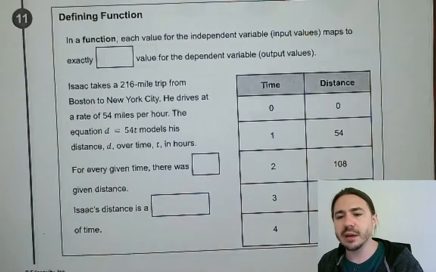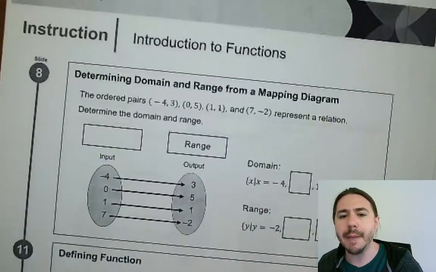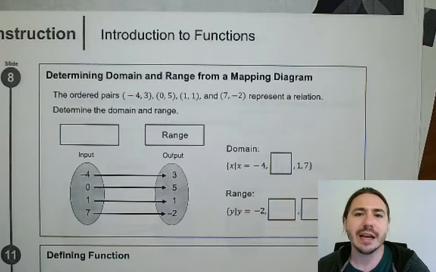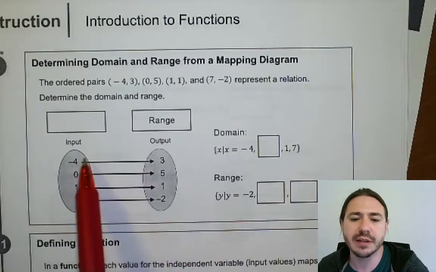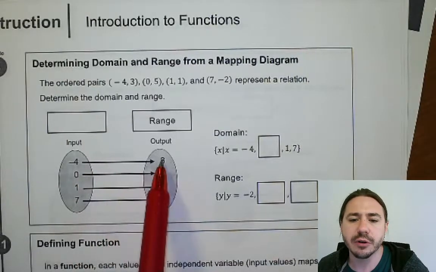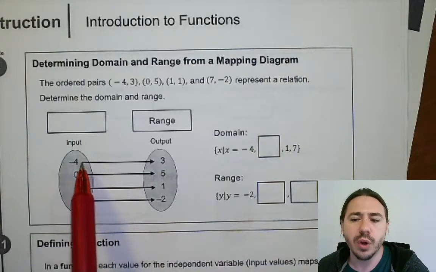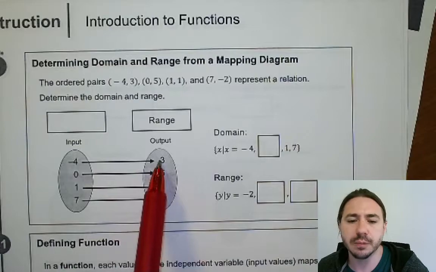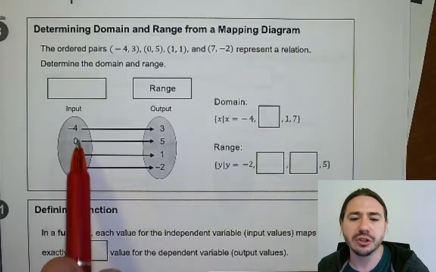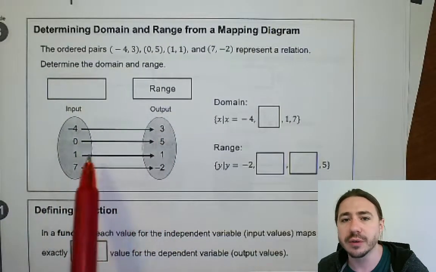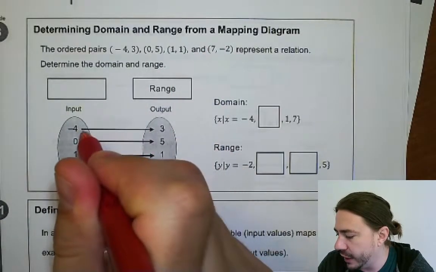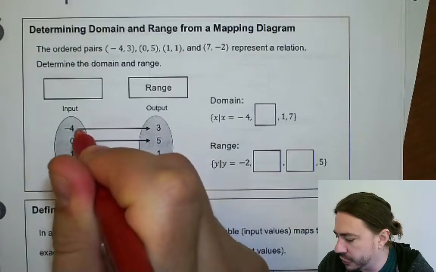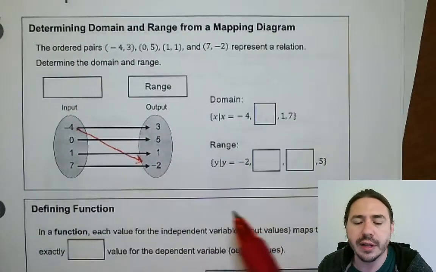But there's something else that we haven't really talked much about, and that is a mapping diagram. So a mapping diagram is really just like a table, okay? It's just sometimes the table's going to be mixed up, and these arrows show you which inputs are matched up with each output. So this particular one is just showing that these are aligned horizontally. So this is really no different than a table. But if, let's say, -4 outputted -2, you might see an arrow pointing like that